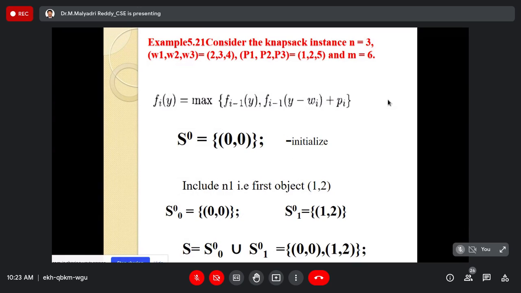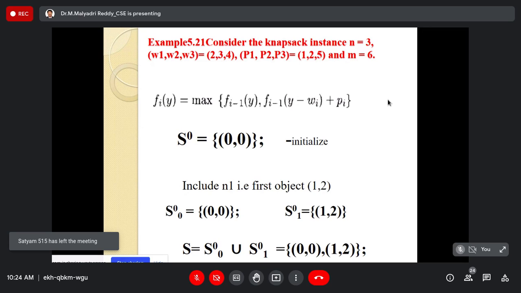The knapsack problem is a special problem which is generally used to fill all the objects or items with respect to maximum profit. In the greedy method also we solved the knapsack problem. It is different from this dynamic programming problem. The concept is same, the problem is same, but in this we can't include a partial product. That means it is called the 0 by 1 knapsack but not fractional knapsack. 0 by 1 knapsack means whether we include the object or not, but not fractional.